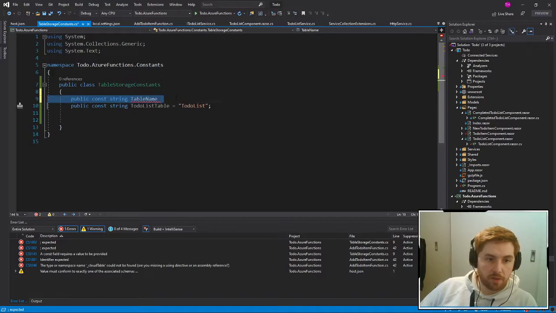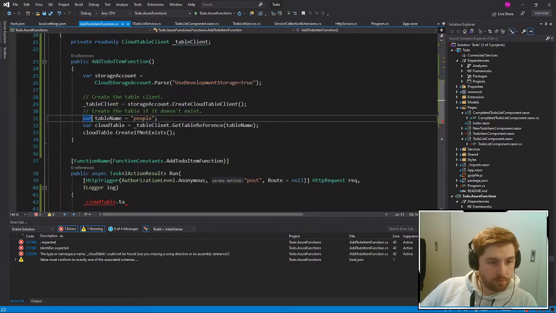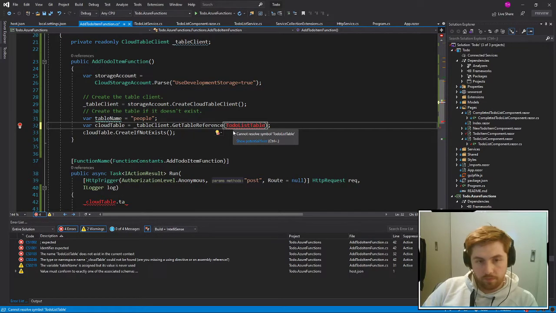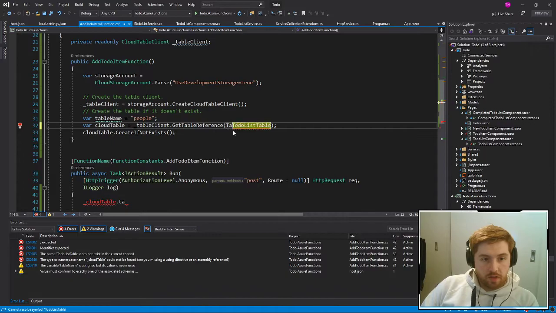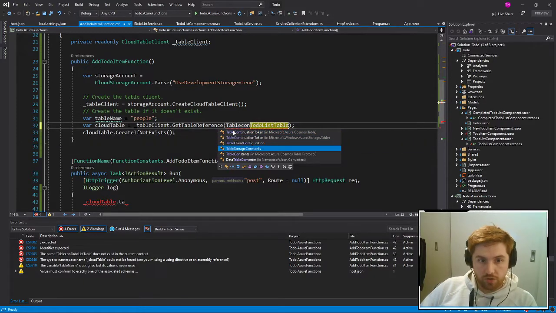We already have this one. We want to use this table name. So that's table storage constants dot